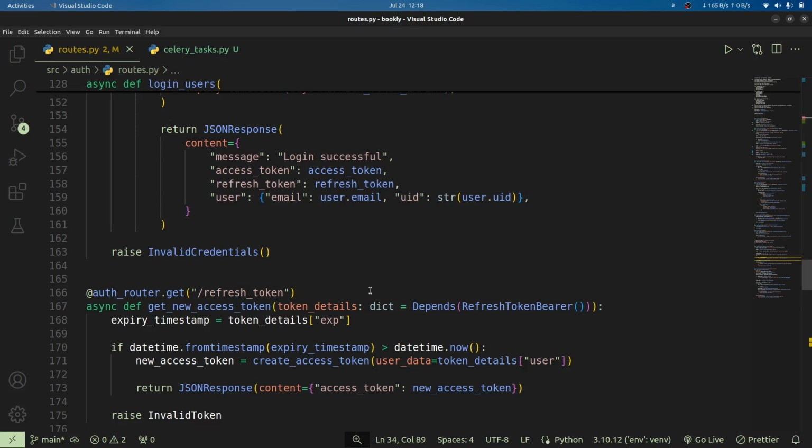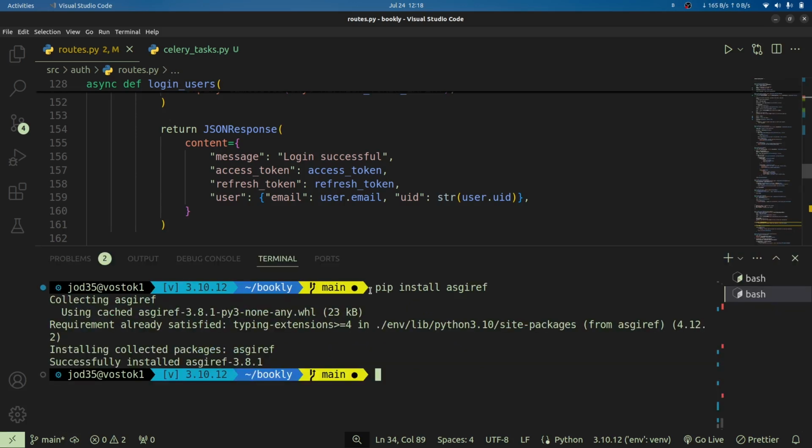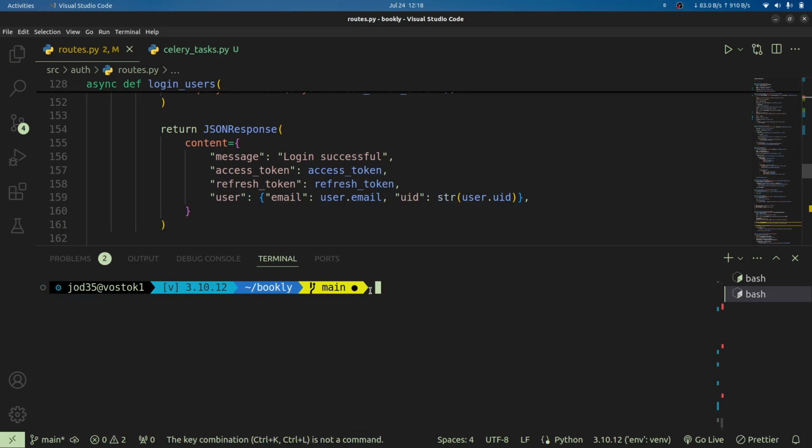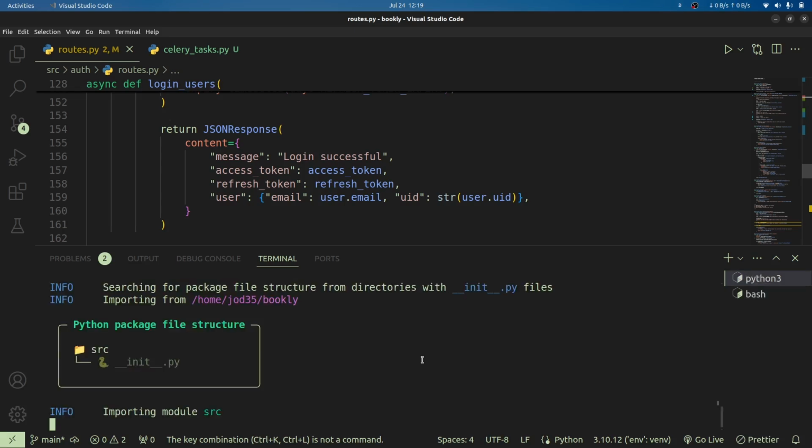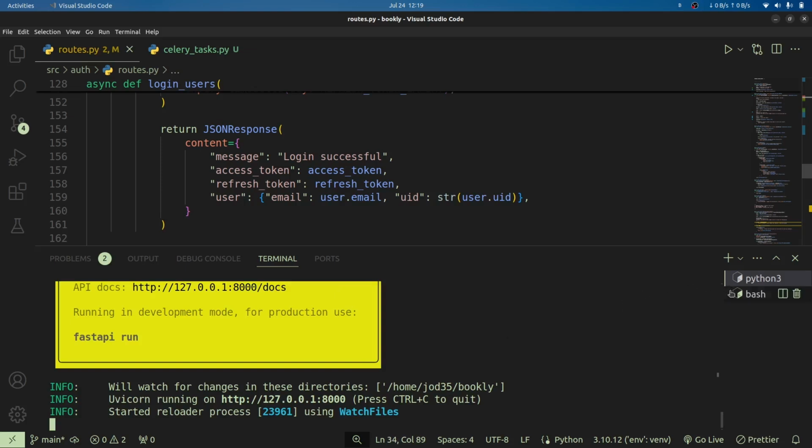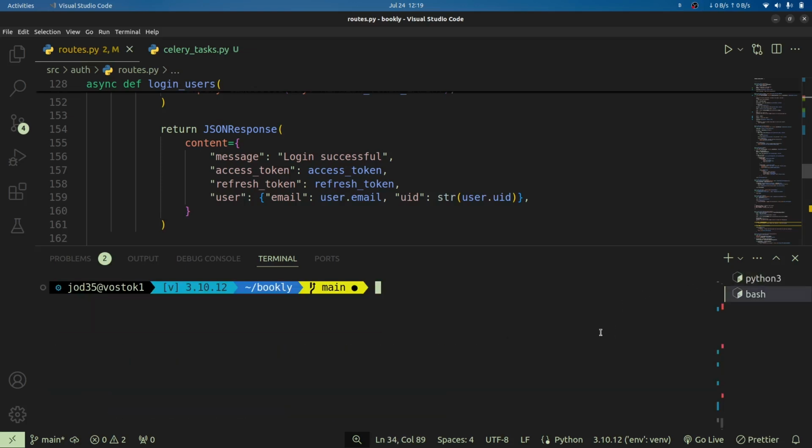So to begin, I'm going to open up a terminal right here. I'm going to simply make that terminal independent of the one to run our server. So our server is not running, but I'm going to simply restart it with FastAPI dev and then source. And once that is done, then we shall also open up another terminal where we're going to run our Celery